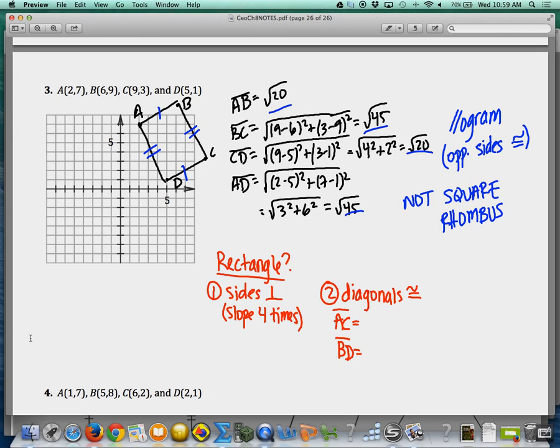Once you have them, please let me know what they are. They're both root 65? Okay, so root 65, root 65. What does that tell us? It's definitely a rectangle. Is there any more specific name we can give it? Nope. Okay, so for this one, ABCD is a rectangle